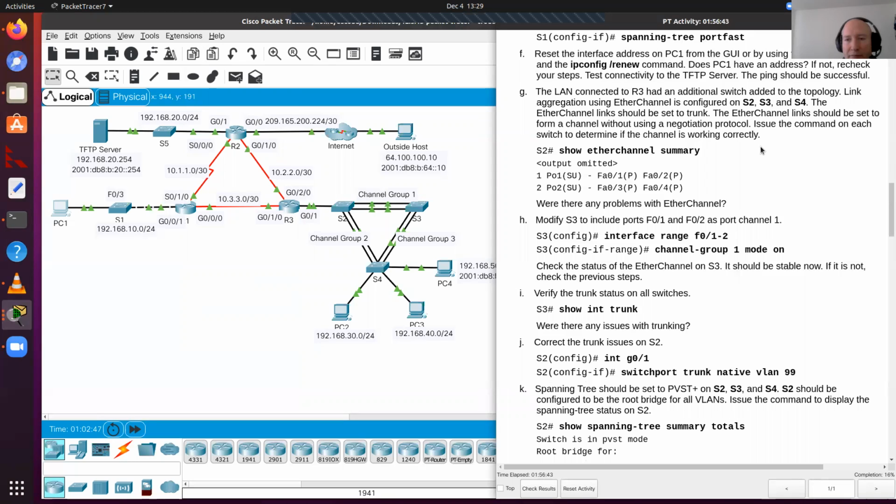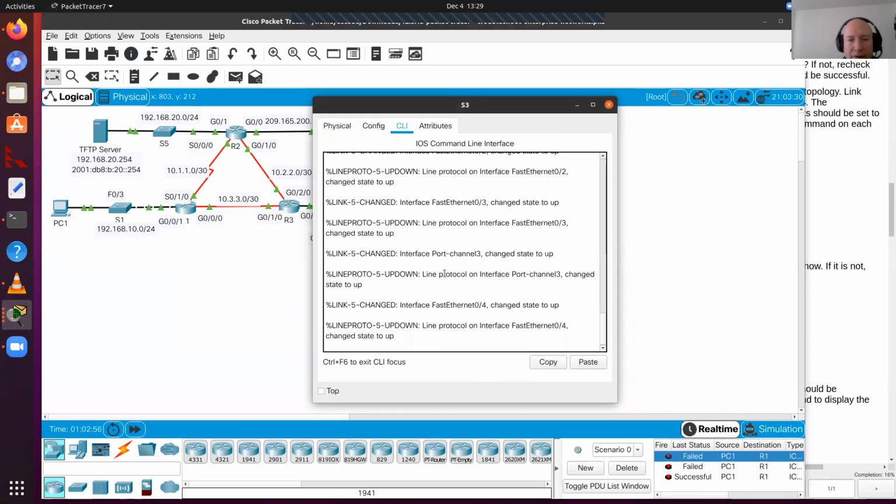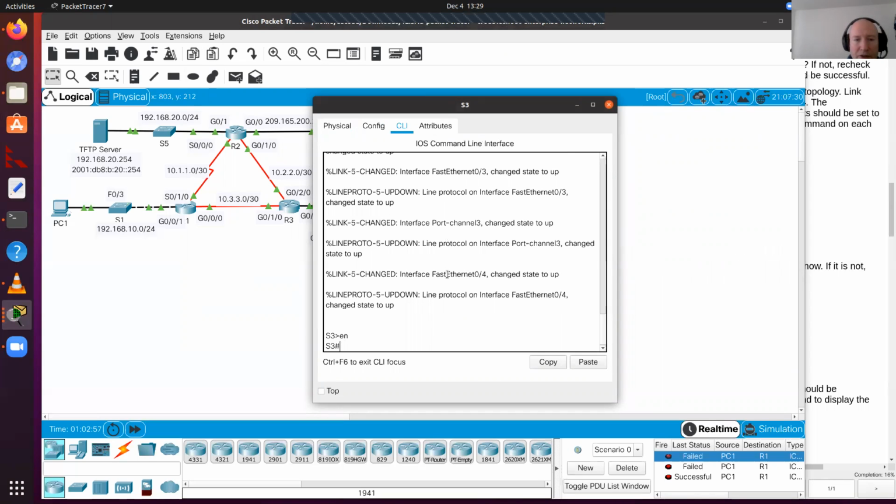It says you should just turn on the EtherChannels manually, not use PAgP or protocols for aggregating them. So we'll start with switch number 3,